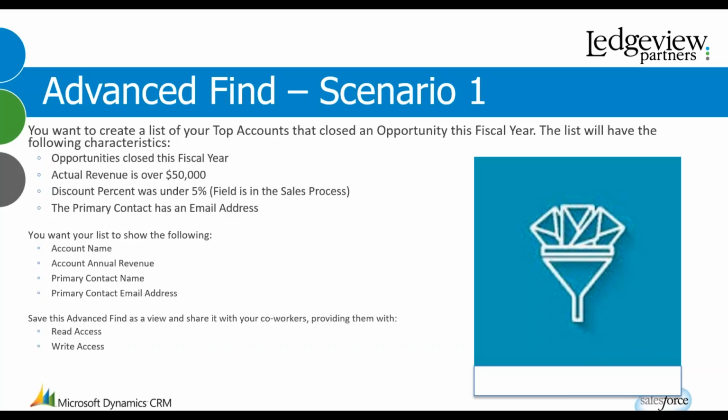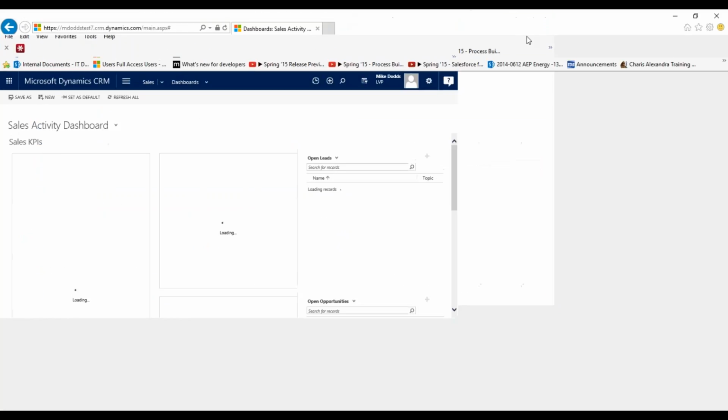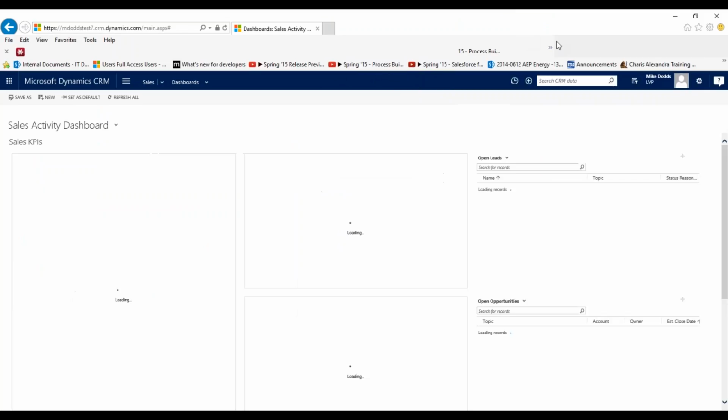The discount percent, and the reason I'm using this example is because this field is in the sales process. So the discount percent is under 5%, and the primary contact has an email address. Then we're going to add a few columns: the account name, the account's annual revenue, the primary contact name, and their email address. And then I'm going to show you how to share these views with coworkers and give them read and write access. So let's jump into CRM, and I'll show you how easy it is to create this